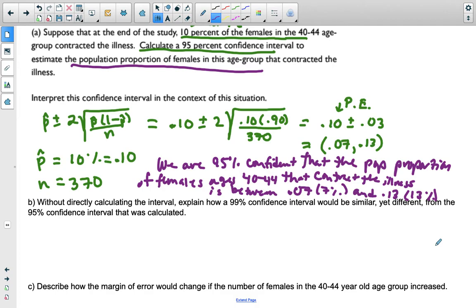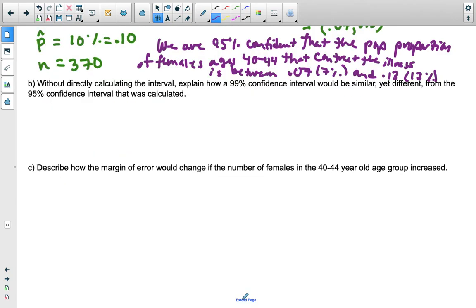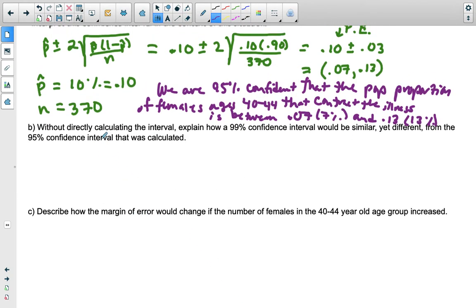So that's our interpretation. So now it says, without directly calculating the interval, explain how a 99% confidence interval would be similar yet different from the 95% confidence interval. So let's talk about what that would be. So how would it be similar but yet different? Let's start with the similar part. So how do you construct that? So a 99% confidence interval